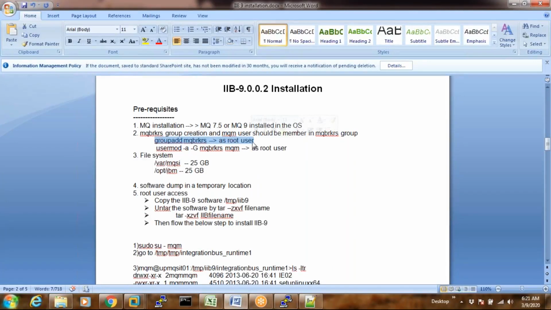which I highlighted here. So groupadd, the one which says group ID, is the syntax, and mqbrkrs is the one you created. You could create whatever name you want. Yes. Whereas the group ID is something that must be there. Right. Then